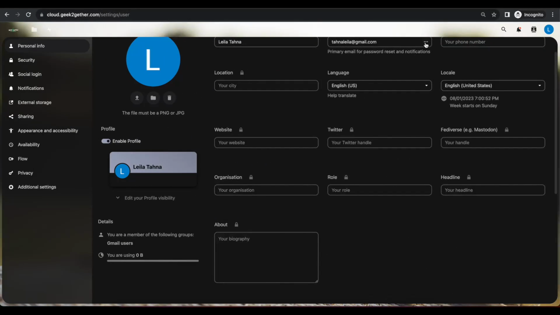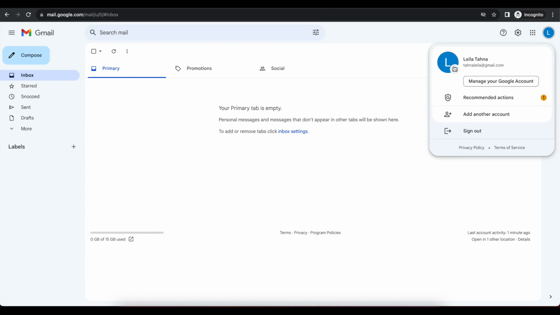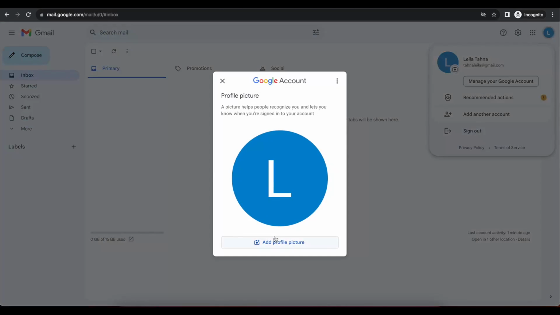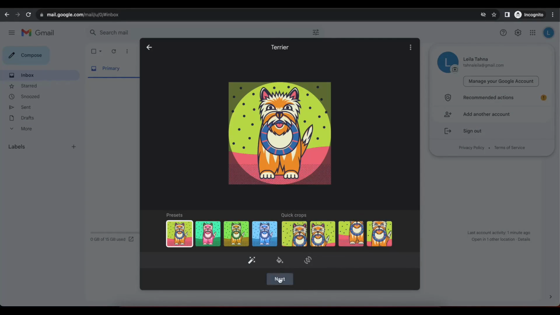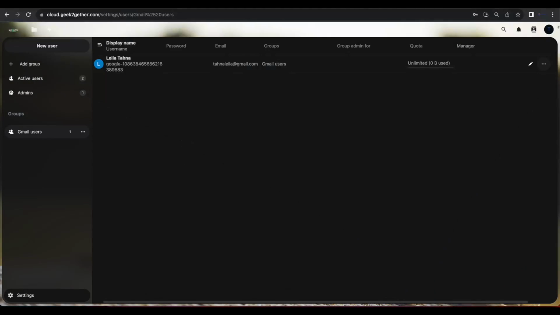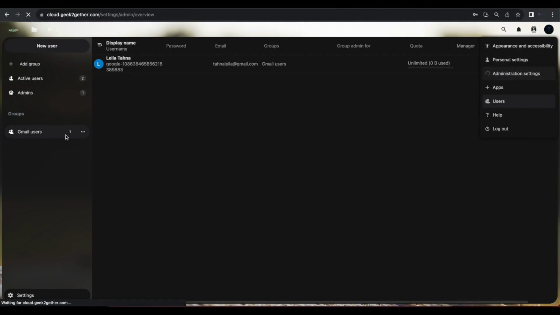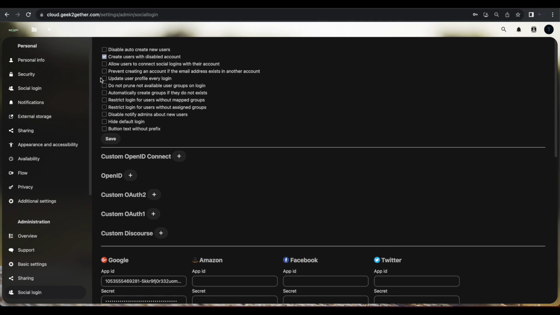Okay. So let's say I go to my Gmail account and let's say I change some configurations, like I added a profile picture, something like this, and save that. Remember, if we come to our social login application right here, and if we add the option that says automatically update user profile every login,